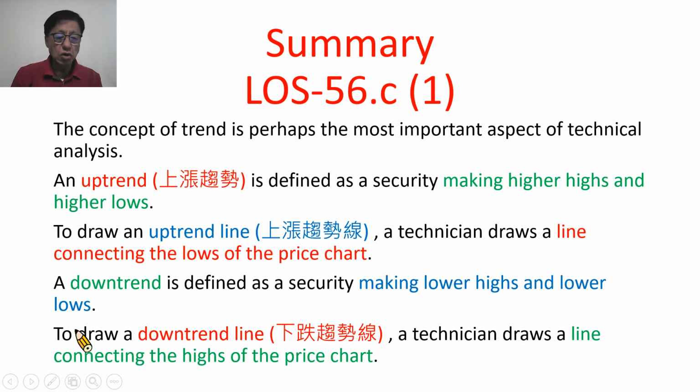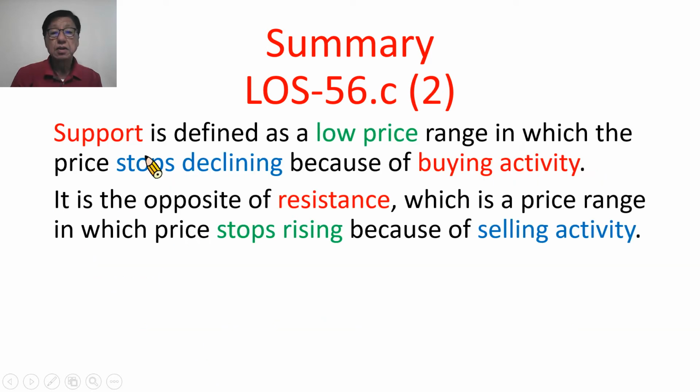A downtrend is defined as a security making lower highs and lower lows。那么下跌趋势线的定义是一个证券每一次的高点都越来越低，每一次的低点也越来越低。To draw a downtrend line, a technician draws a line connecting the highs of the price chart。那么一位技术人员要画出下跌趋势线，就画一条直线连接价格图的高点。看看第二个摘要，他说 Support is defined as a low price range in which the price stops declining because of buying